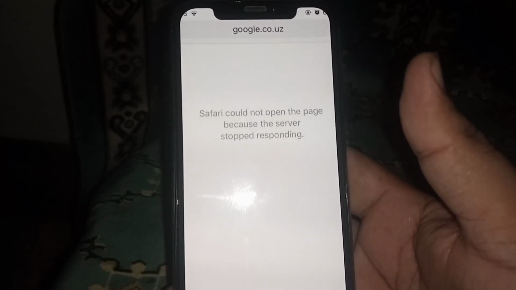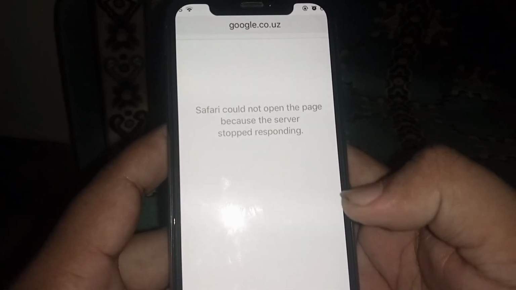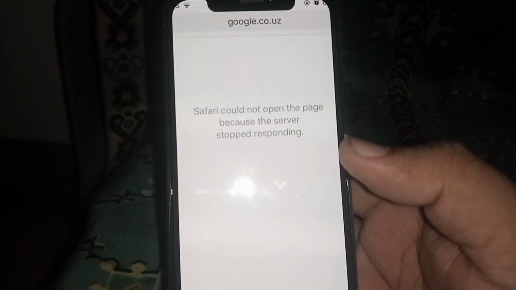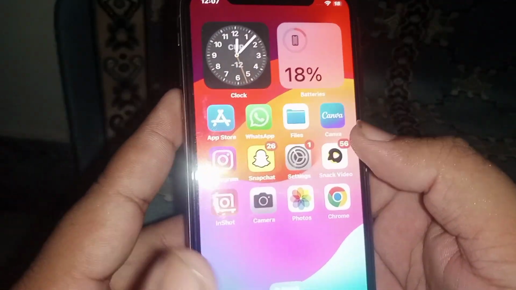In this video I'm going to be showing you how to fix "Safari could not open the page." So how to fix it if you want to open a Safari page but get this type of error. First of all, go back to your home screen and open your iPhone and iPad Settings, and